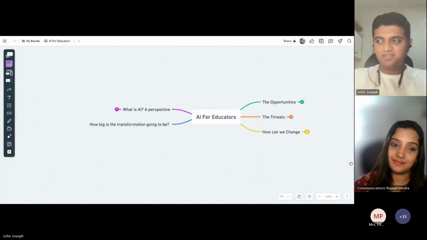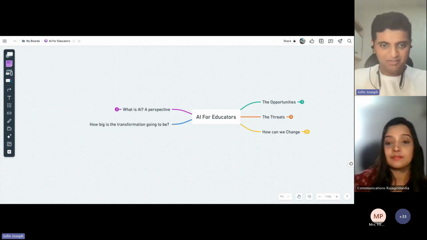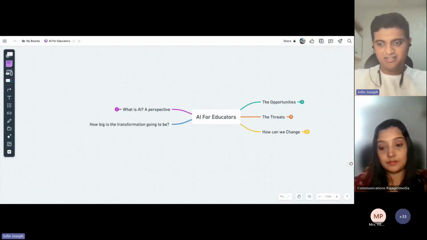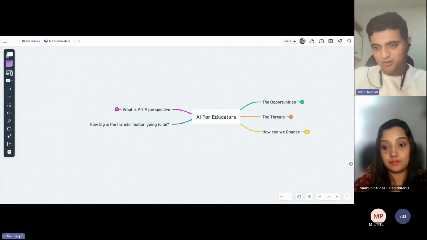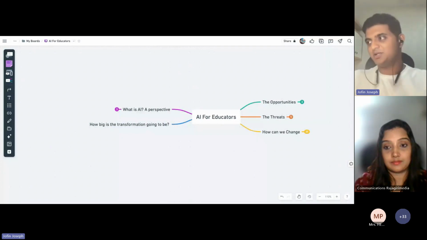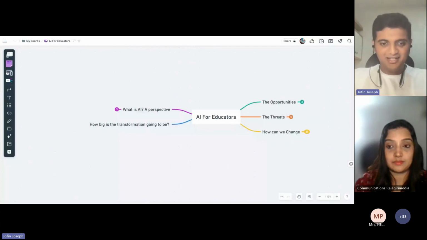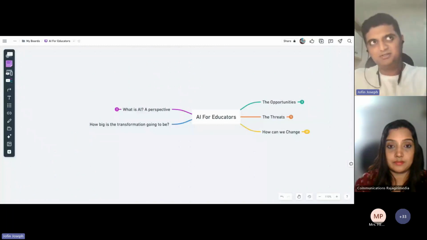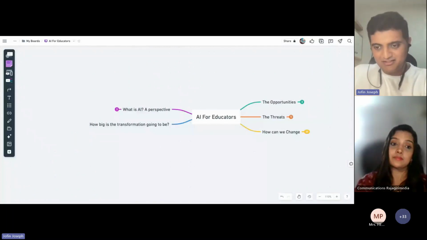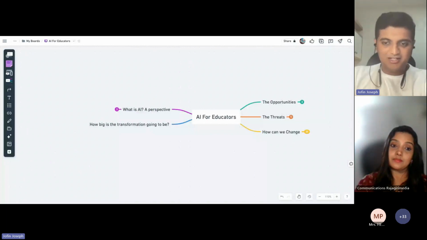Essentially, through this session, rather than take you through a PPT and a typical view of it, I wanted to show you some real world examples of how AI works, and potentially show you some ways in which you could use it as well. In recent times, my presentation decks have given way to something like this, as you see on the screen, something which has got some power of AI within it, which I will show you.